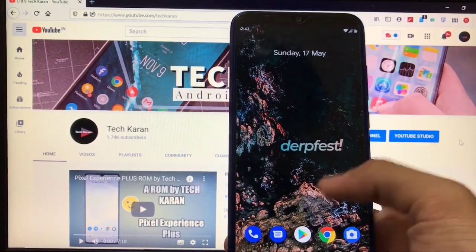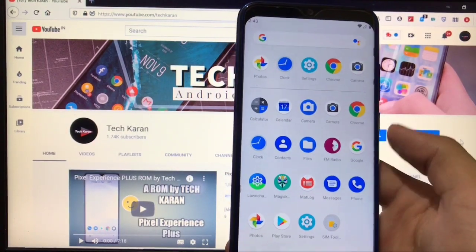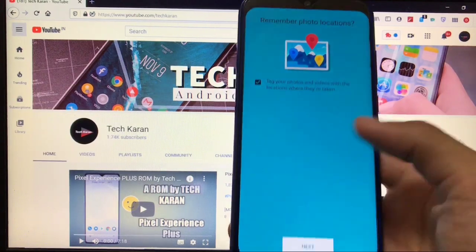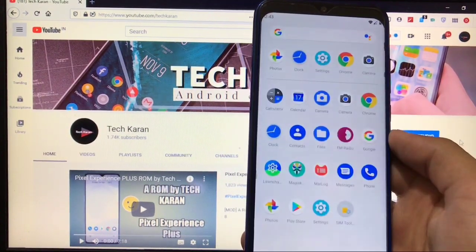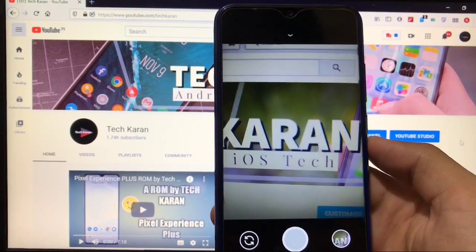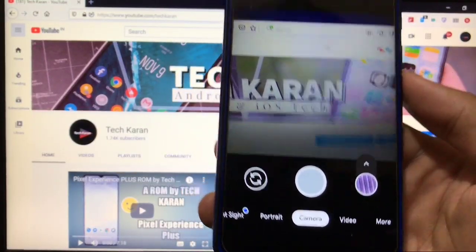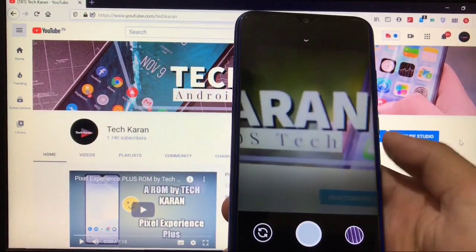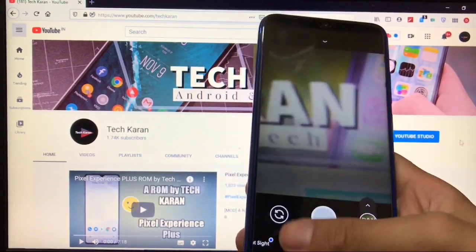If we talk about some apps which are pre-installed, first of all, no ANX camera is pre-installed. The default camera which you get here is the normal Snapdragon camera, where you have to just grant permission, click on next, and you'll be able to click photos without any issues. And if you talk about Gcam, I have just installed Gcam 7.3. When you click, obviously it will not work, as you can see, because HDR plus is broken. You have to disable HDR plus if it works for you. As you can see, it's working now. You have to disable HDR plus to make it work properly.